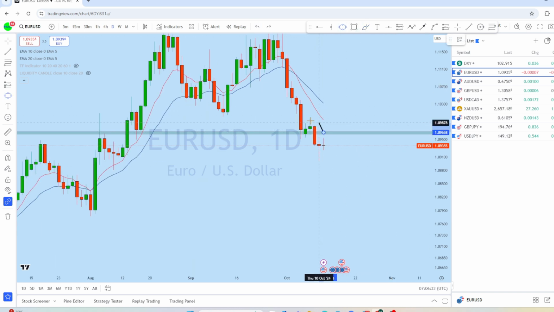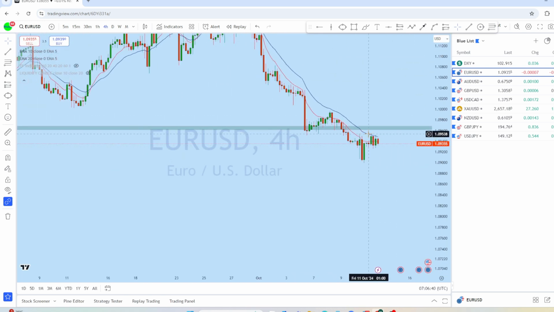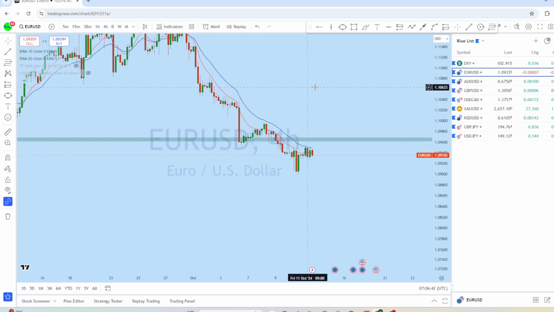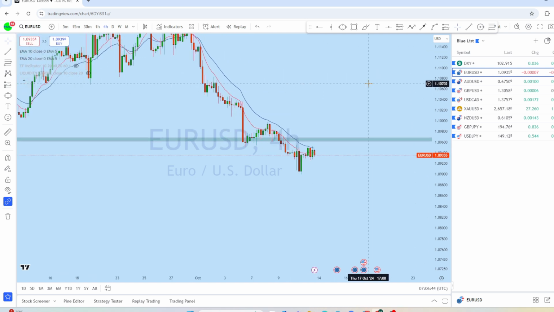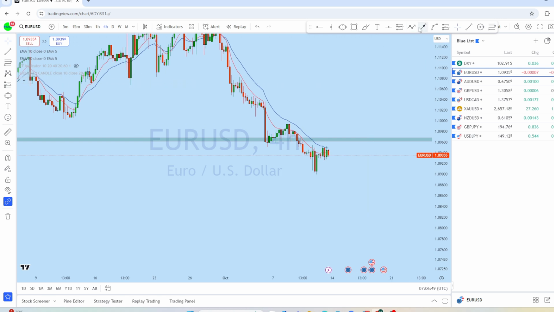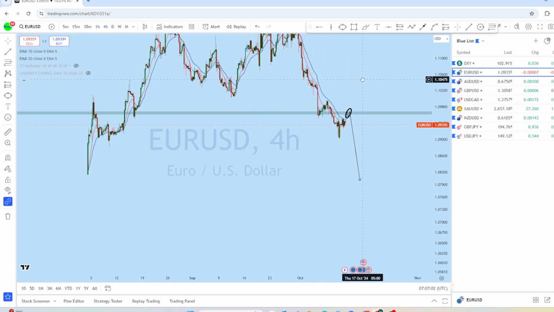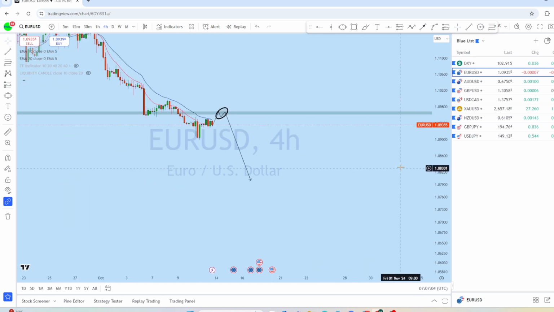So therefore, this is where if we look at the intraday perspective from the 4-hour time frame, the market structure here is still bearish, just a mirror of DXY. The price is respecting the 10 EMA, which is a sign that it's also in a strong downtrend. We'll be waiting on EURUSD for a potential break of structure, and we might see a potential trend continuation. If we see the market has broken the structure, grabbed that liquidity, we will be looking for going short on EURUSD.